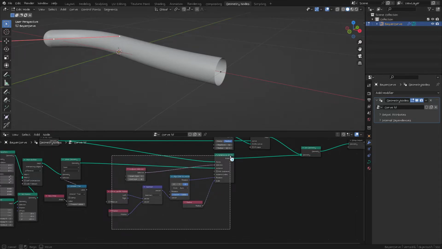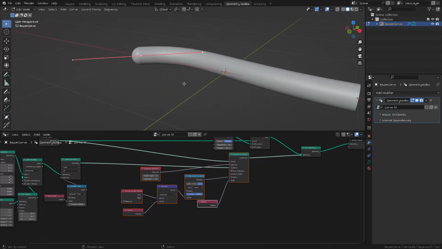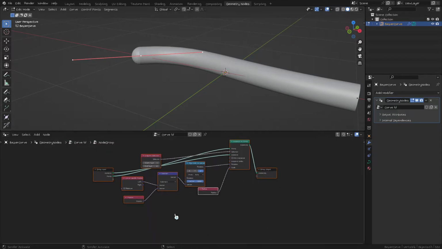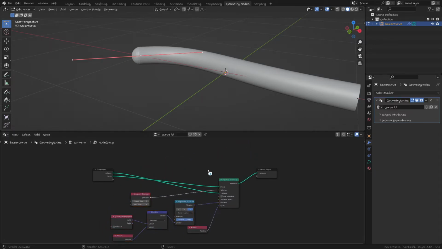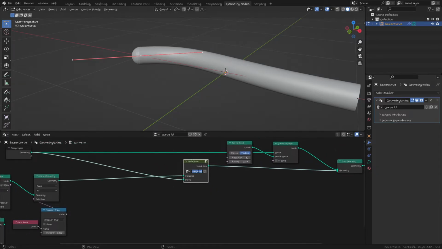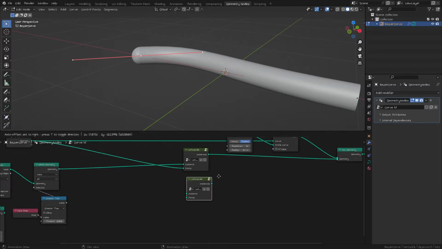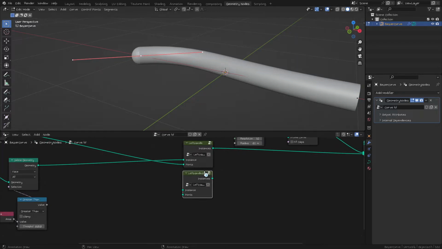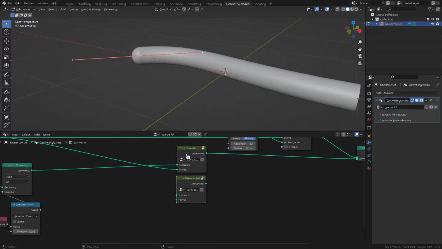So what we're going to do is we're going to take these nodes that we just did to hook up the UV sphere to the end of it. And we're going to press Ctrl G to make that a group. And we're going to select everything again, move it down here so we can see more of what we're doing. And we're going to take this group and we're going to name this one left handle. And we are going to press Shift D to duplicate it. Set it here. Make sure that you set this as a different node group, because if you don't press that too, these are both going to have the exact same thing. Like if you change one, it'll change the other, and that's not what we're trying to do. So we'll name this one right handle,